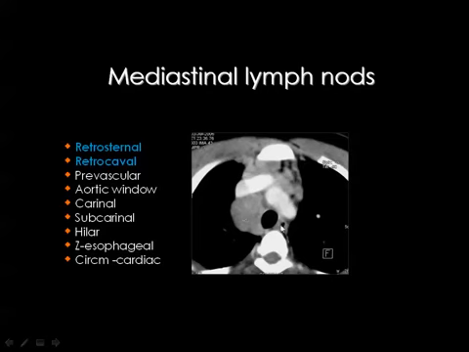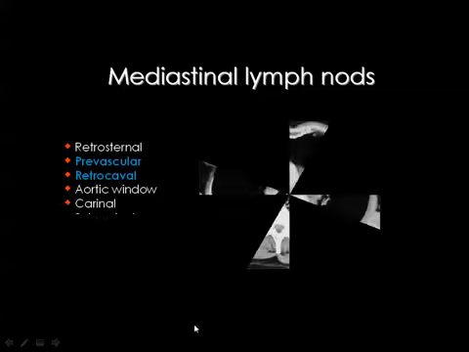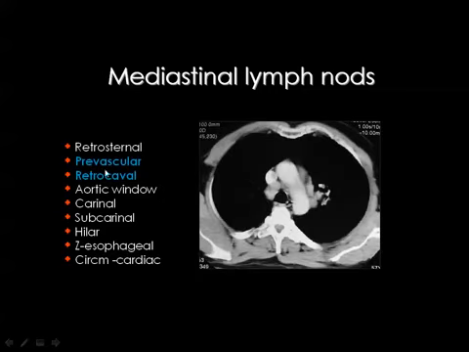This is the trachea and this is the esophagus. Then you came to the prevascular lymph nodes, which are located along the arch of the aorta. These are the prevascular lymph nodes, and this is the retrocaval lymph node. Then you came to the fourth group, which is the aortic window, and this is the group of lymph nodes